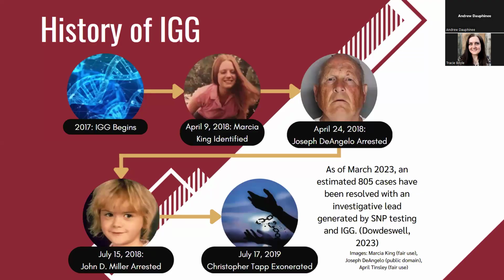So while the first mention of IGG came in 2018, the use of investigative genetic genealogy actually began in 2017, but the identifications were announced a year later. Our first identification was of Marcia King. She was formerly known as Buckskin Girl, who was an unidentified homicide victim whose body was discovered in Troy, Ohio in April 1981. She was given the nickname Buckskin Girl due to the distinctive buckskin jacket that she was wearing. For over 3 decades, her identity remained a mystery until she was finally identified in 2018 as Marcia King, a